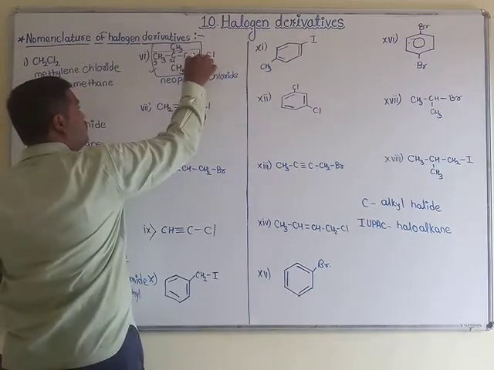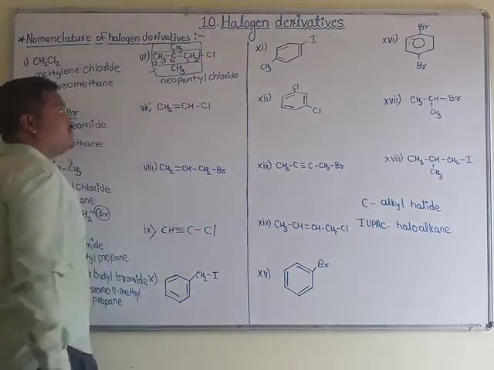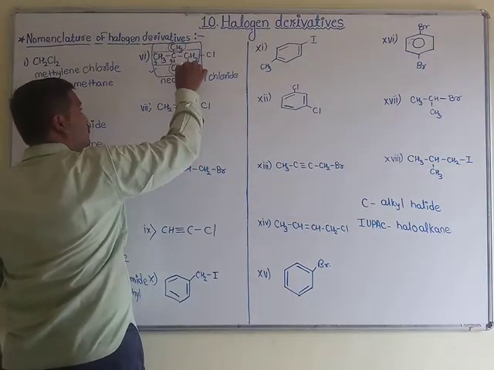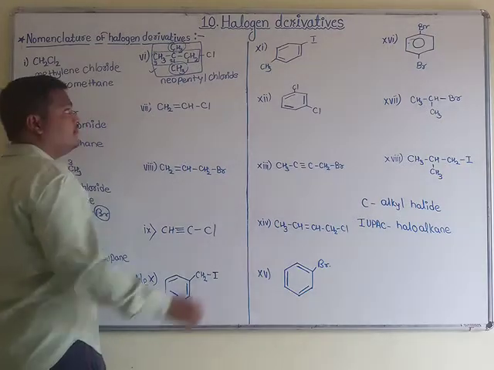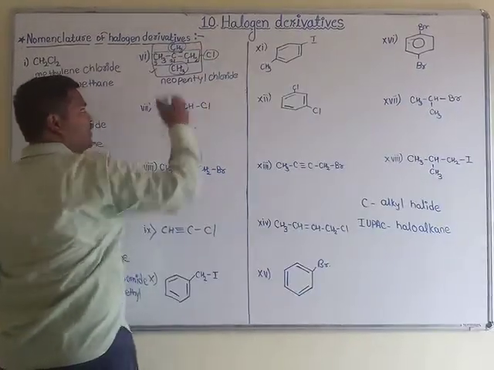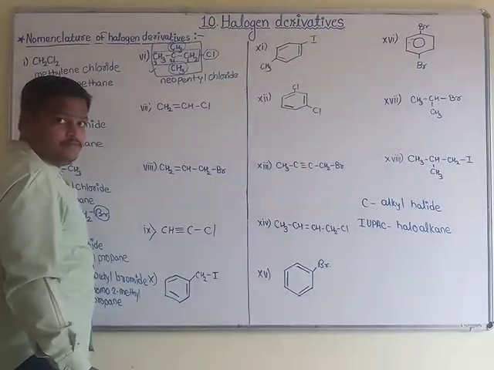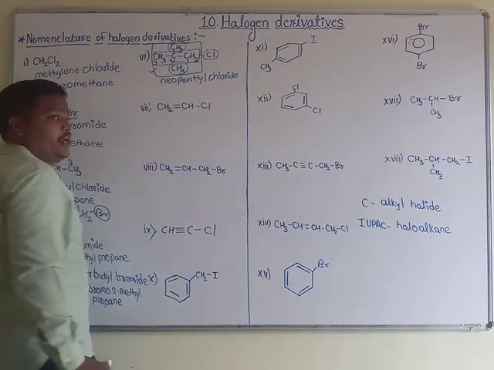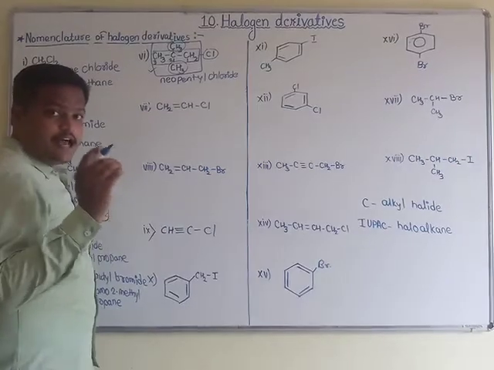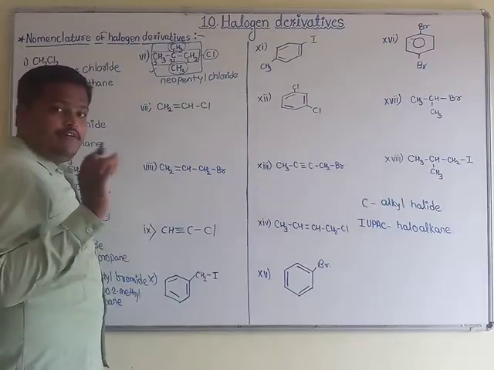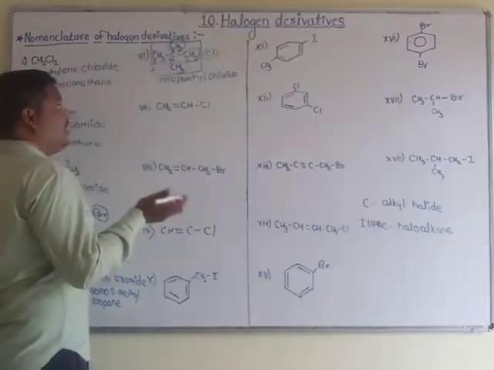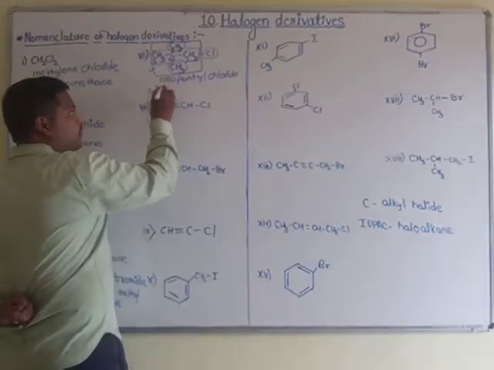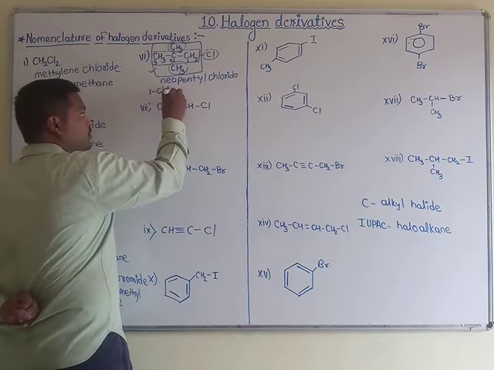Then here we get 3 carbons in the straight chain and 2 substituents. Yes, this one also behaves as a substituent. So what is the name of this compound? Again here we use the rule of alphabetical order. Chlorine has the letter C, which comes before the M of methyl. Therefore we will write here 1-chloro,